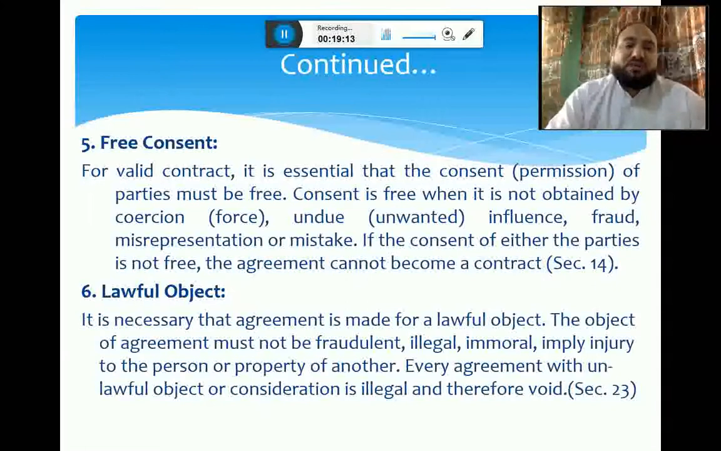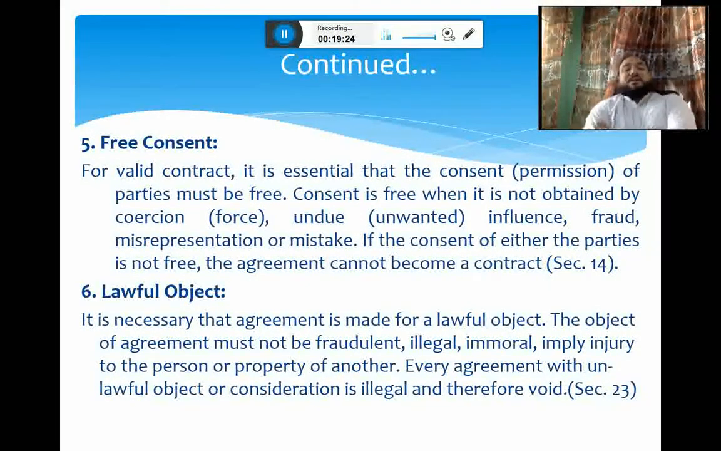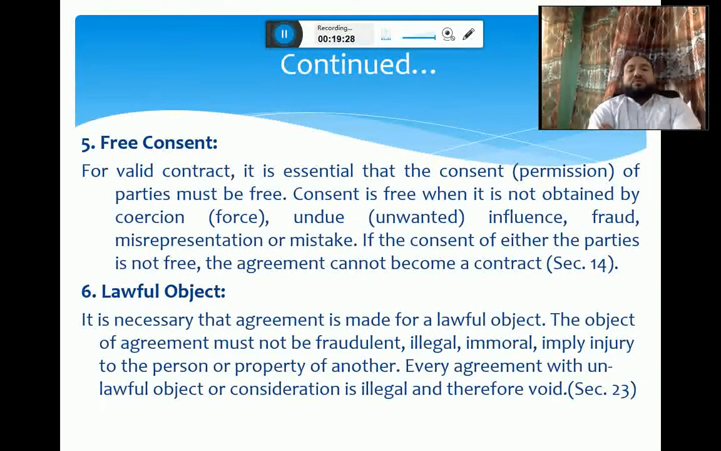Now we come to number 5, free consent. Alright, what does free consent mean? Free consent means that both of the parties, the one who makes a promise should have a free consent. The one who accepts a promise should have a free consent. And what does free consent mean? Free consent means that both of the parties' consent, razamandi, is not obtained by force, by undue influence, or by